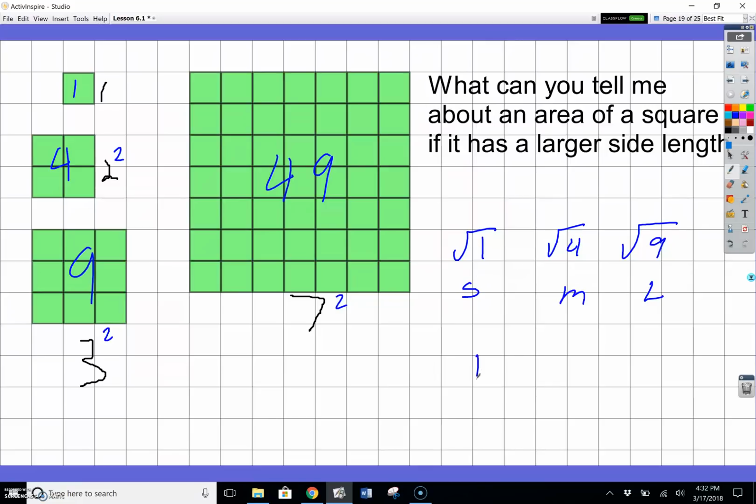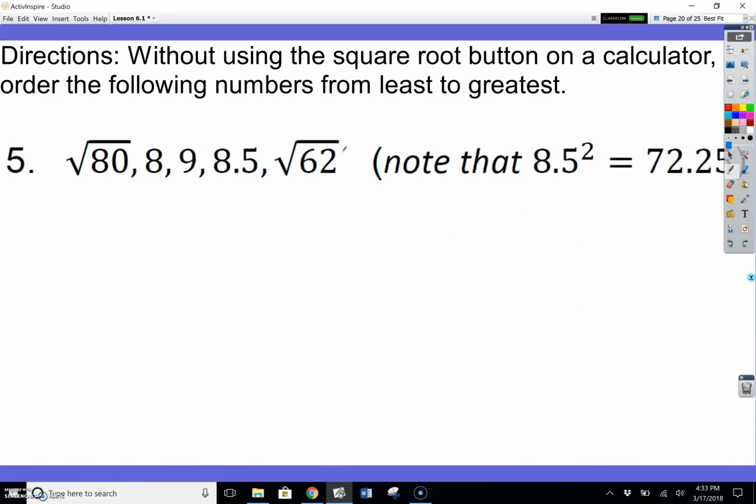If I actually solved them and had 1, 2, 3, this is still my smallest, this is still my medium, this is still my largest. Now I want you also to realize, in order to cancel out a square root, you square it. And that will make those cancel, okay? So what do I mean by that now? If I were to square all these numbers,